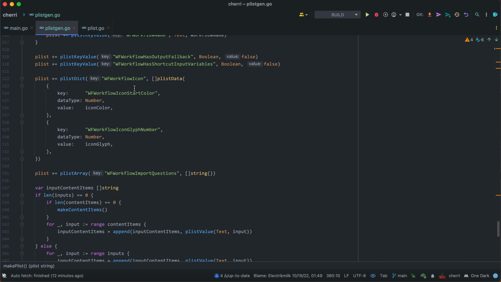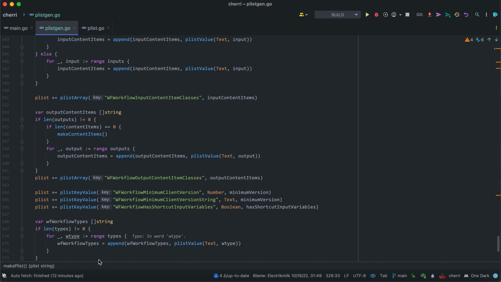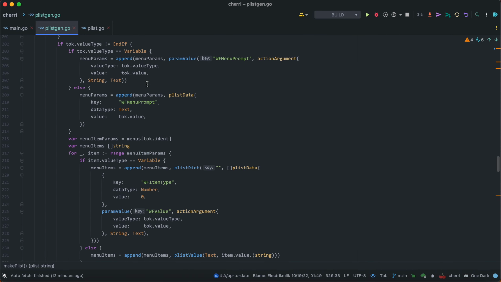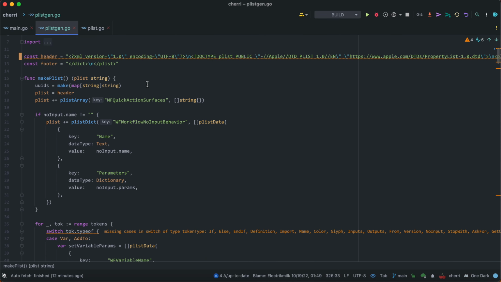You can see for the icon here, it's pretty simple, where it's just this is the color, this is the glyph. So we have these outliers here that are really basic values that aren't tokens. They're just determined by things that are defined, and that's why I call them meta things, because they don't really determine the content of the shortcut. They're just things about the shortcut. Anyway,